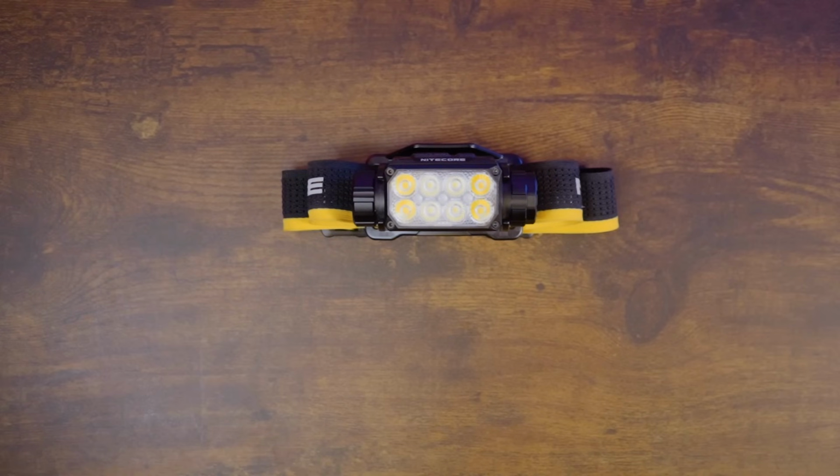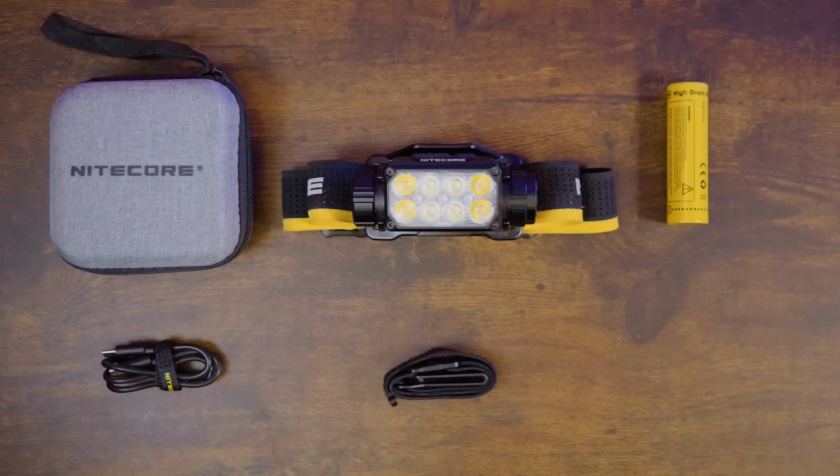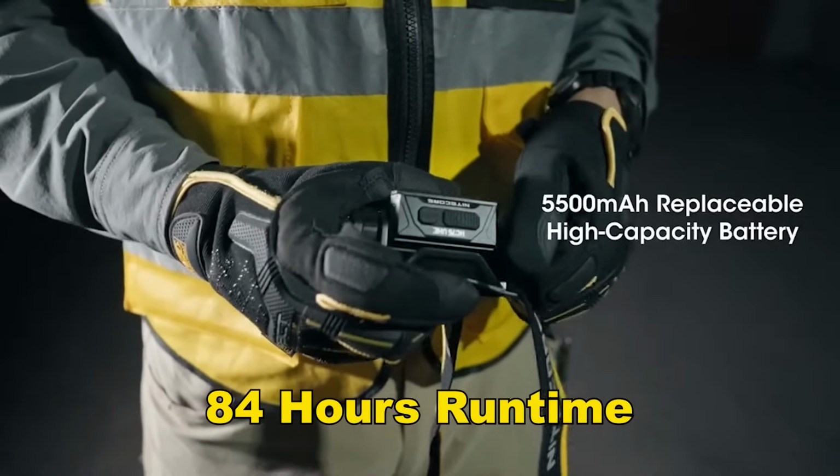And now, let's see what comes in the box. You get the HC75 UHE, a storage case, a big 5500 mAh battery, USB Type-C charging cable, top strap, and a spare O-ring. It has a massive 5500 mAh battery that allows you to run for over 3 days on